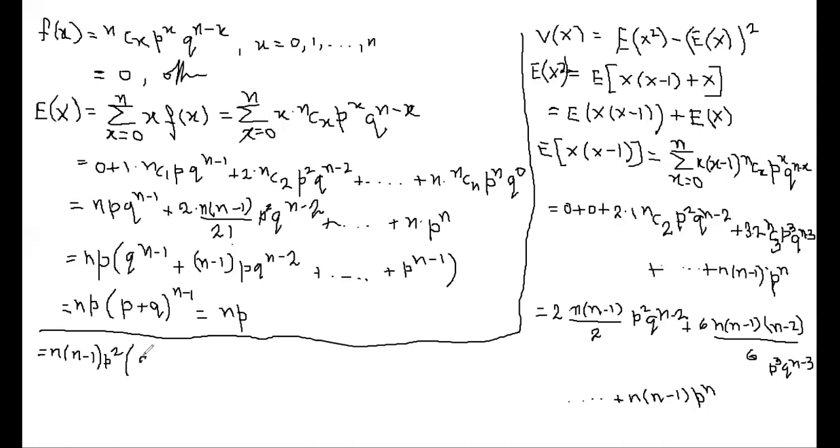If you go for the expression, we are left with n q to the power n minus 2, plus what is left over there, n minus 2 into p q to the power of n minus 3, and likewise the last term will be p to the power n minus 2. So can you tell me what is the expression inside the bracket?